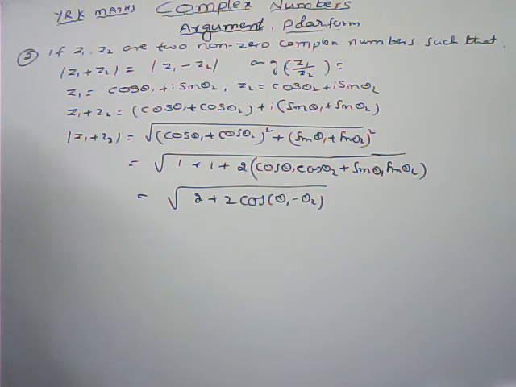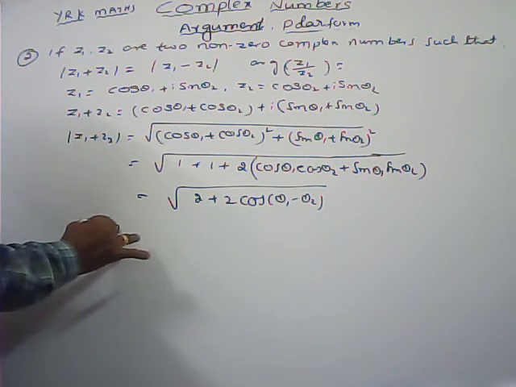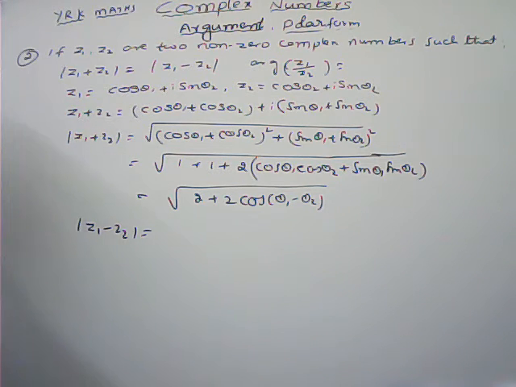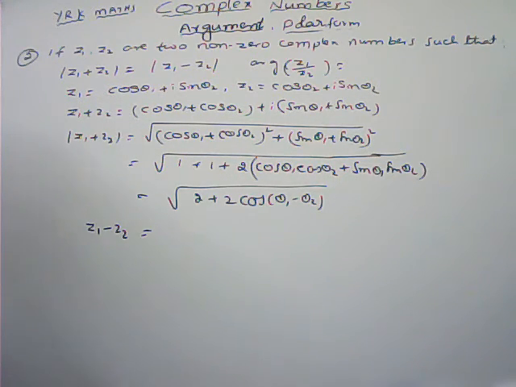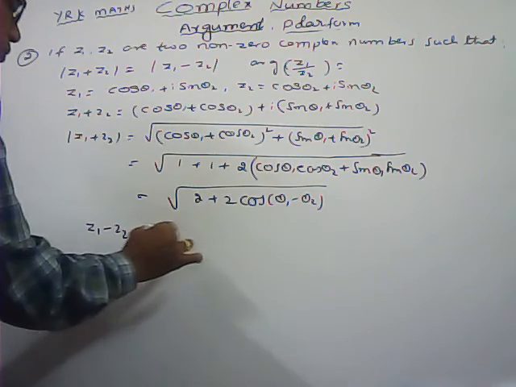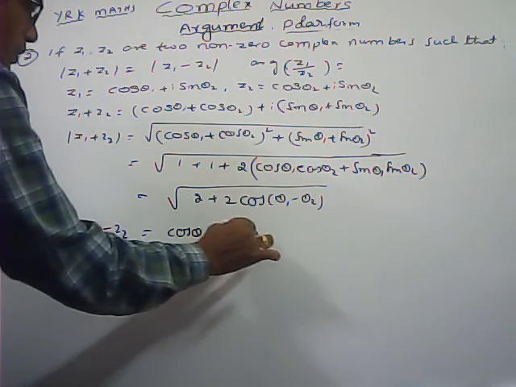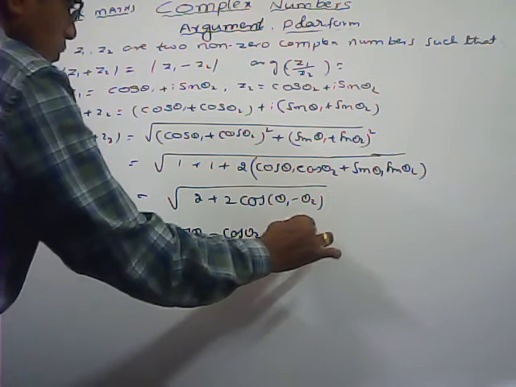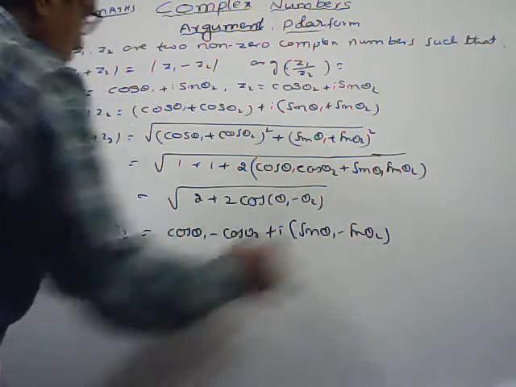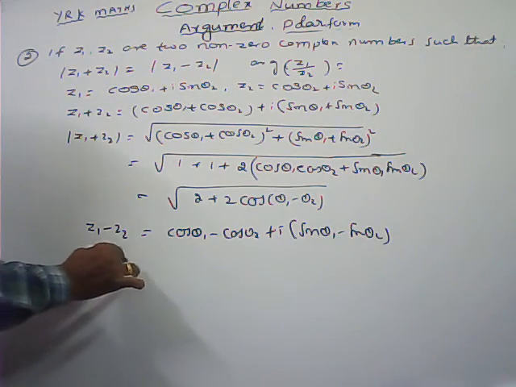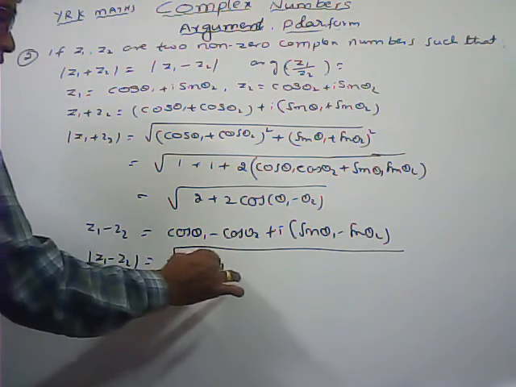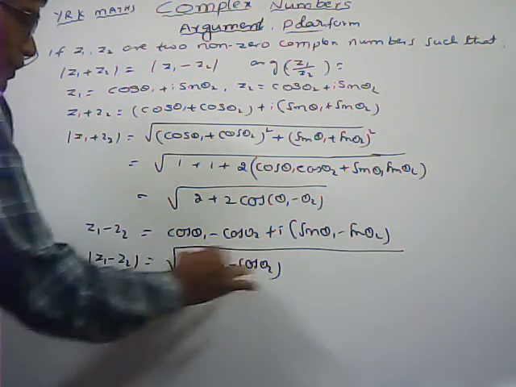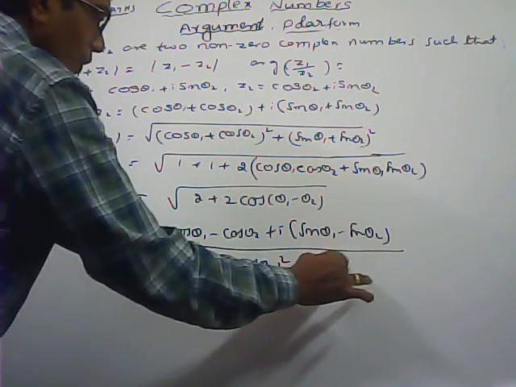In the same way, modulus of z1 minus z2, first you can find z1 minus z2. This is z1, that is z2. How to write down z1 minus z2? Cos theta 1 minus cos theta 2 plus i of sin theta 1 minus sin theta 2. Now you can find modulus of z1 minus z2, under square root of this one whole square, cos theta 1 minus cos theta 2 real part whole square plus imaginary part whole square,